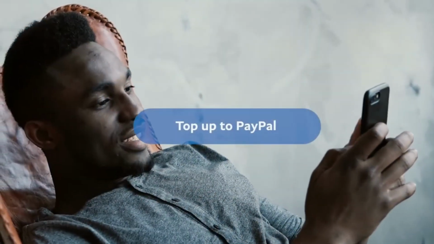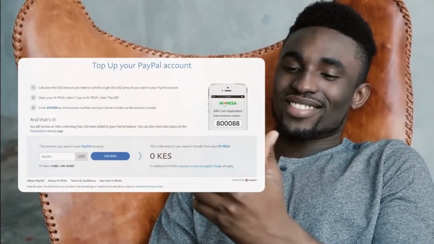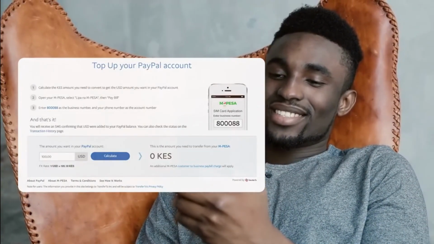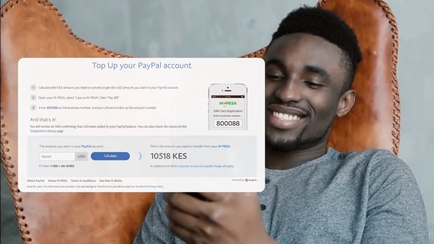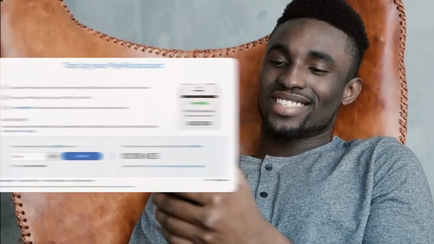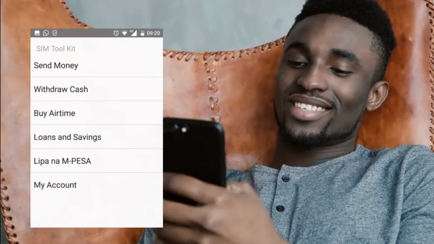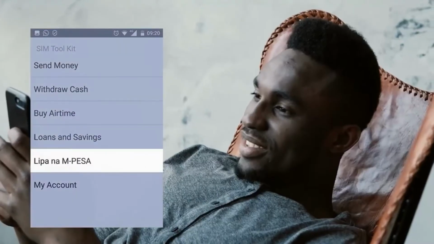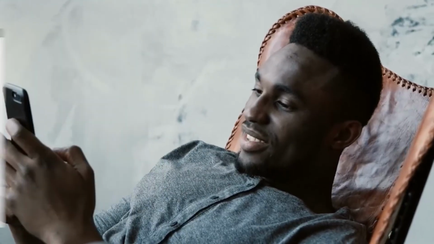So to top up your account, you want to go back to the home page and click on the top up to PayPal button and use the calculator they have provided on the website to check how much amount in Kenya shillings you will need to convert. And once you have done that, open your SIM toolkit, go to Lipa na Mpesa pay bill and enter